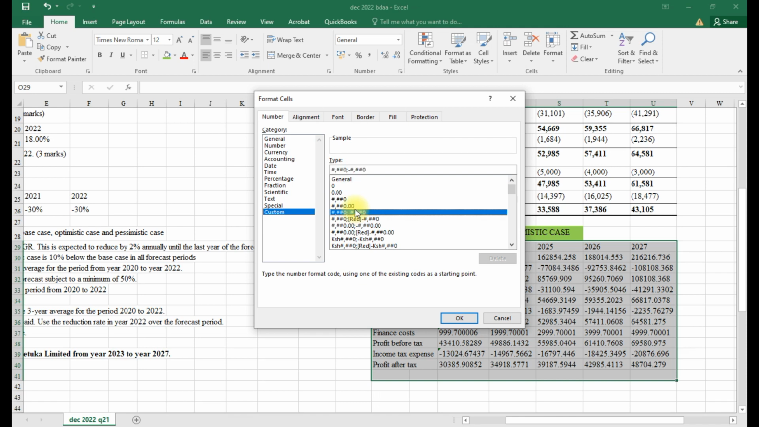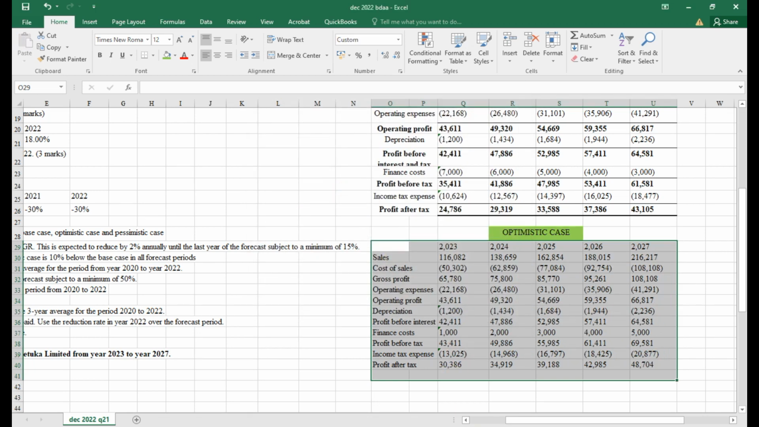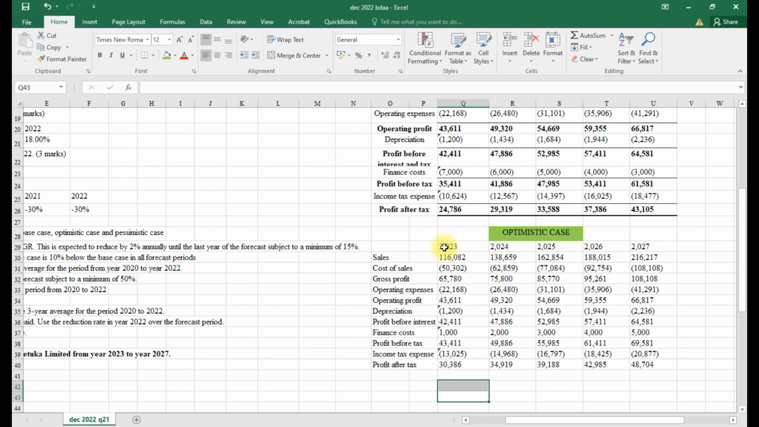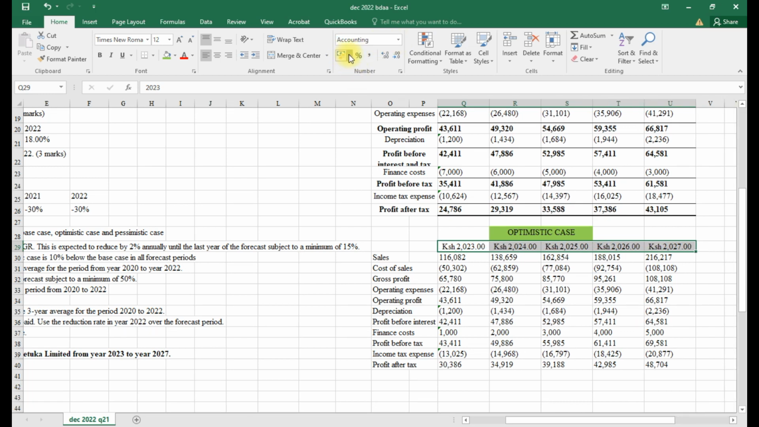Custom format. I change this to bracket, that way. And our years, we'll highlight this, convert this into a number, and put it into number, reduce the zeros there, bold that, and put the bottom border that way, so that for the cells, this one now has got the